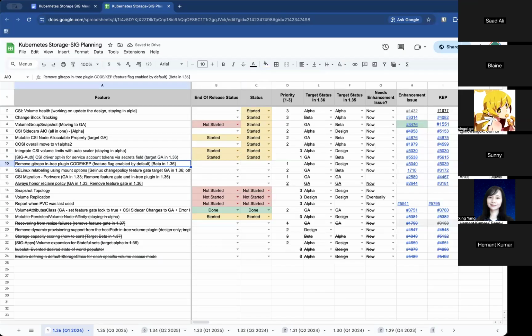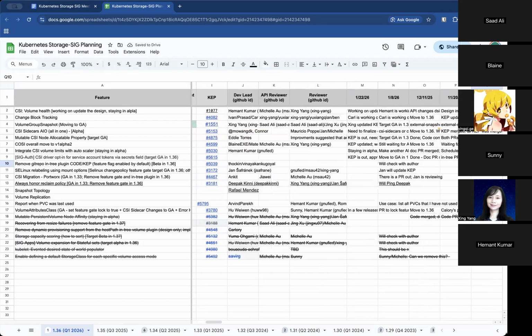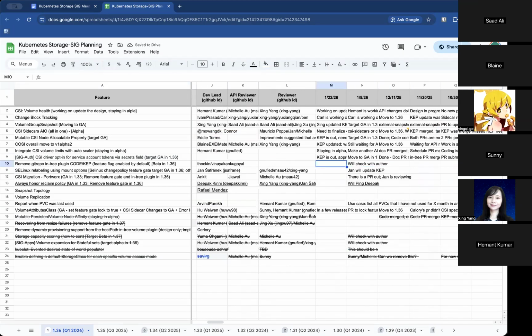Next, we have remove git repo in-tree plugin code KEP, feature flag enabled by default, beta in 136. So let's change this to beta, alpha. Any update on this one? Yeah, so the KEP author says he's targeting beta.